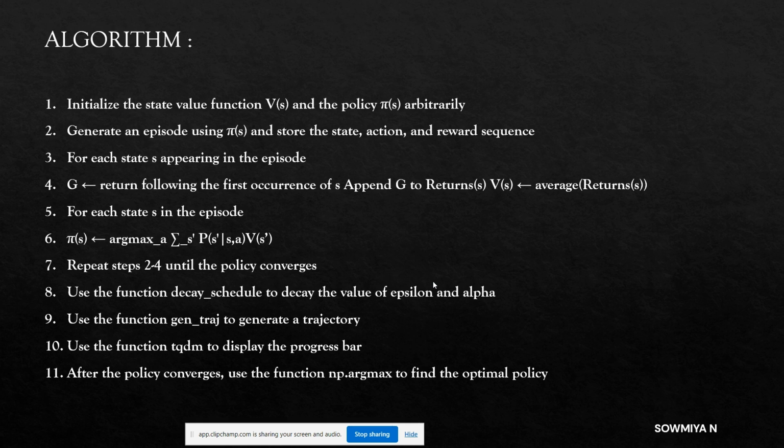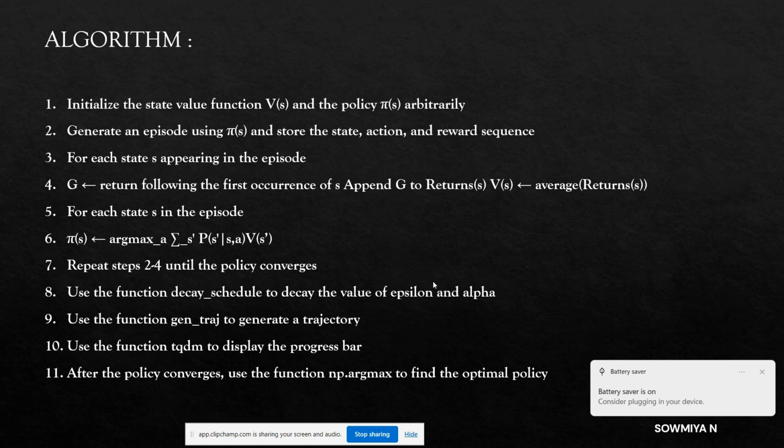At the beginning, the value function V(s) and the policy pi(s) are initialized with arbitrary values. Then using the current policy, an episode is generated by interacting with the environment, and the sequence of states, actions, and rewards encountered in the episode is stored. Then iterate over each state encountered in the episode. Then we calculate the return G from the first occurrence of the state S in the episode. Then update the state value function by averaging the return for the state,